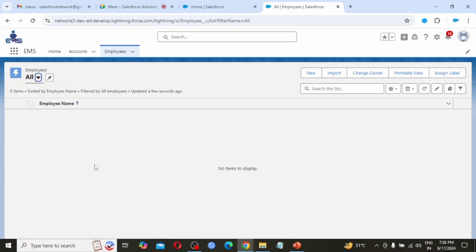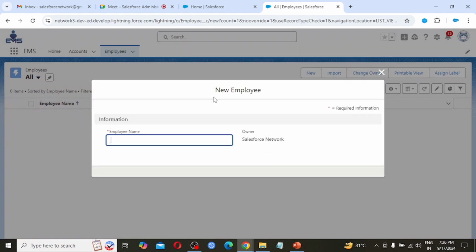There is no record at all. Until we create the fields, we are not supposed to enter the information. By default, Salesforce has given some fields. If I click on New, even though I have not created any field, employee name is still available here.